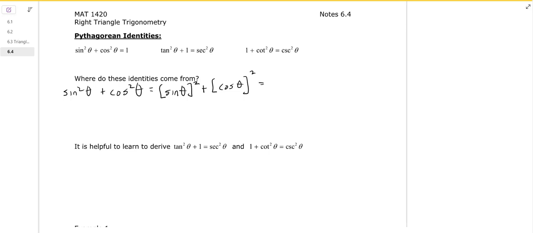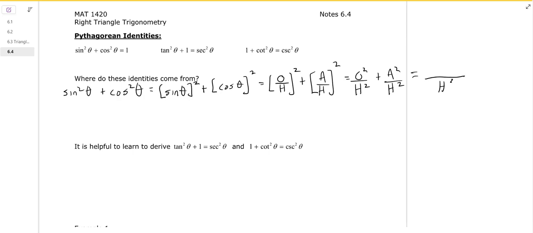Okay, well, if we put this in our definition, the sine is opposite over hypotenuse. The cosine is adjacent over hypotenuse. And then if we square that, I'm going to keep writing it like this, that would be opposite squared over hypotenuse squared plus adjacent squared over hypotenuse squared. Well, we have a common denominator, so we just keep that common denominator, and then we have opposite squared plus